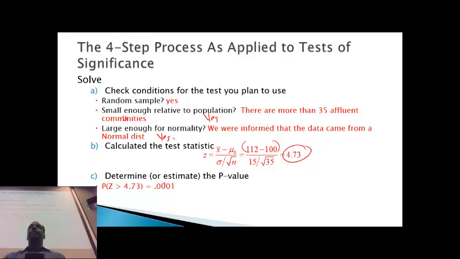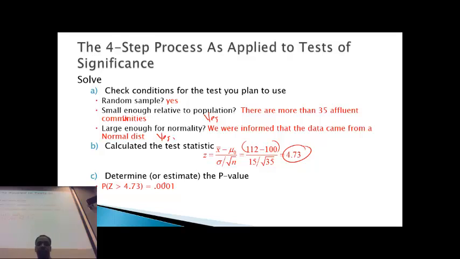What do we put in for mu naught? Oh, 100, thank you. What do we put in for sigma? 15, I think. Sample mean of 112. 35 people. Do we do not equal to, less than, or greater than? Greater than,